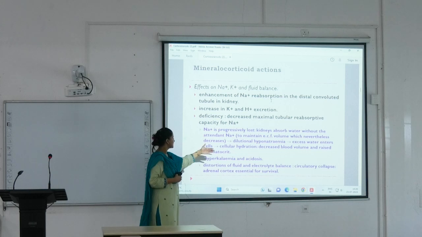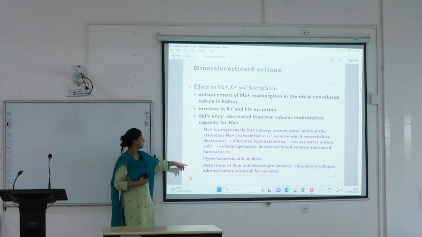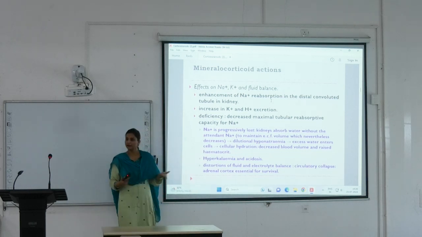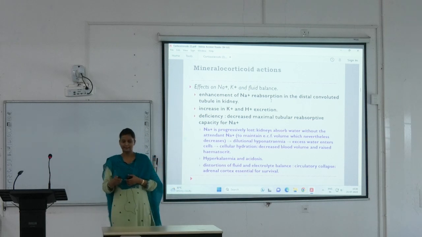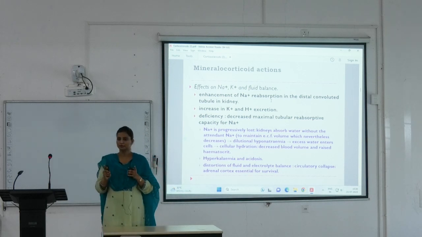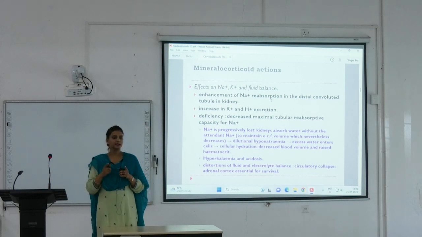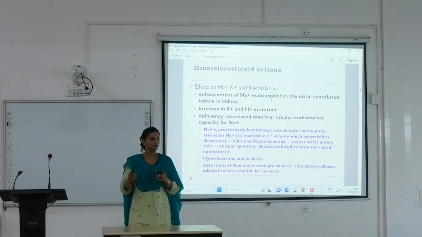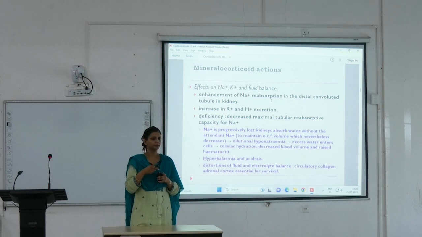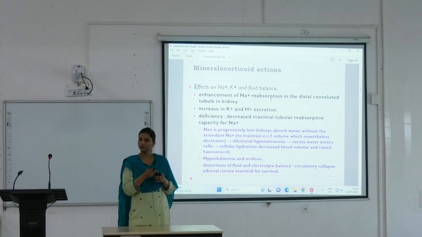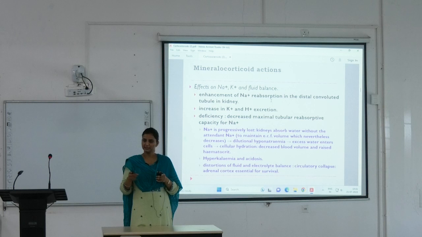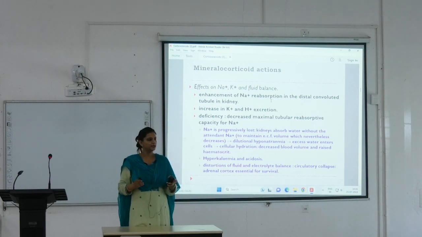Hyperkalemia হবে, acidosis হবে, and there will be the distortion of fluid and electrolyte balance. Clear? So তিনটে মেকানিজমে করছিল, 2 short and একটা delayed. একটা delayed কেন? Because new channels have to be incorporated, so that is why the encoding the genes, new channels production, so that is a lengthy pathway and 2 short pathways. ঠিক আছে, একটা হচ্ছে basolateral এ আর দুটো হচ্ছে luminal end এ।